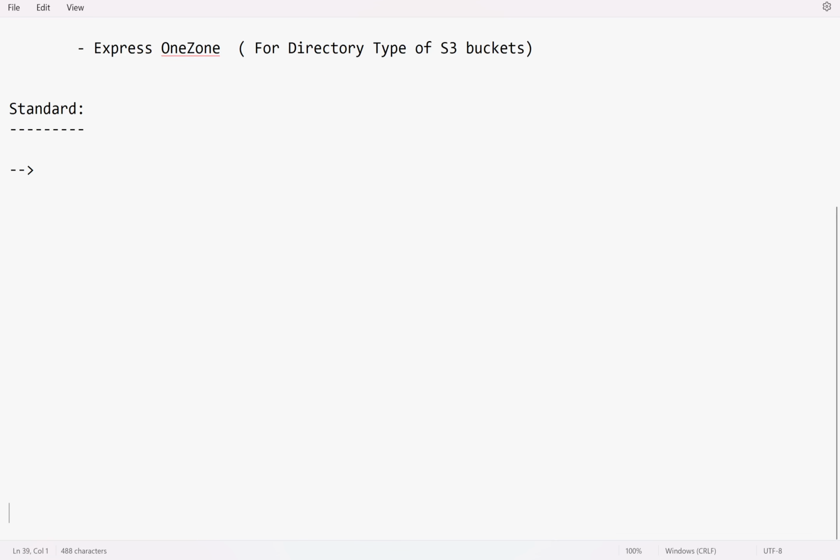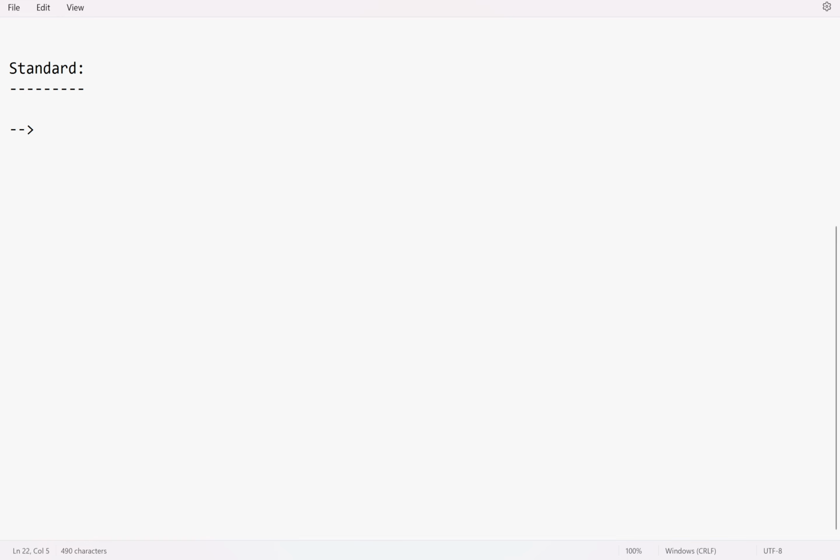The standard type of storage class is recommended to store the objects which can be frequently accessed, like more than once in a month. Let me give an example. I would like to store some PDF document, let us say the class notes, and that object is accessible multiple times in a month, more than once in a month by multiple people. In such cases, this standard storage class is recommended. We can say this is for frequently accessed data, which means more than once in a month